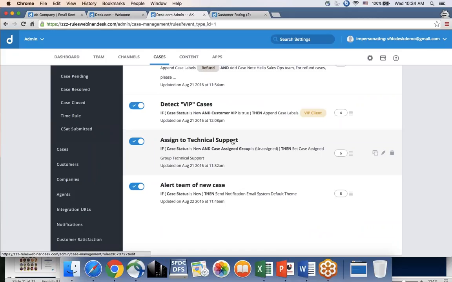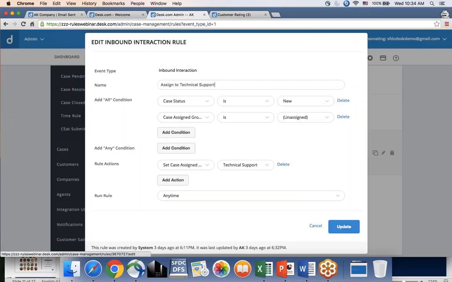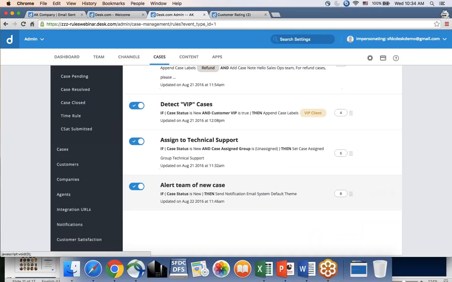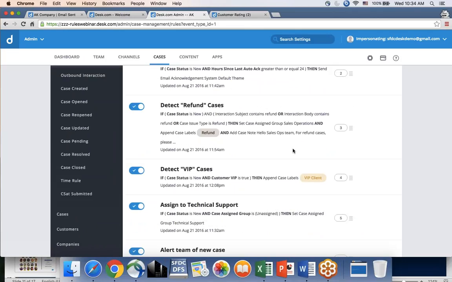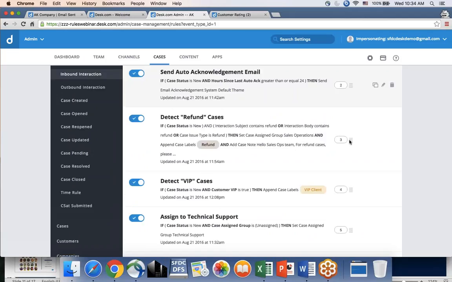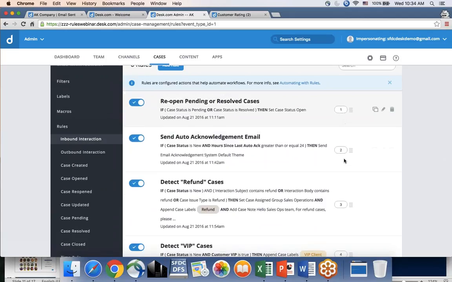Moving on, I've created other automations for the team. Let's say a case comes in and the case has not yet been assigned to any of the teams yet, we're going to assign it to the technical support. And the way it works is, in Desk, we can actually sort your automations. We can change the hierarchy of which automation will get triggered first by switching the numbers that are shown on